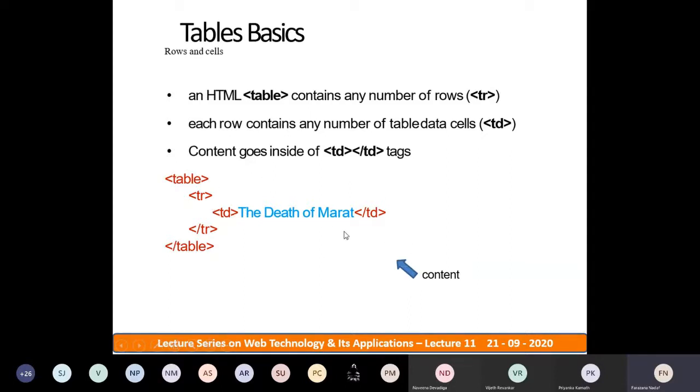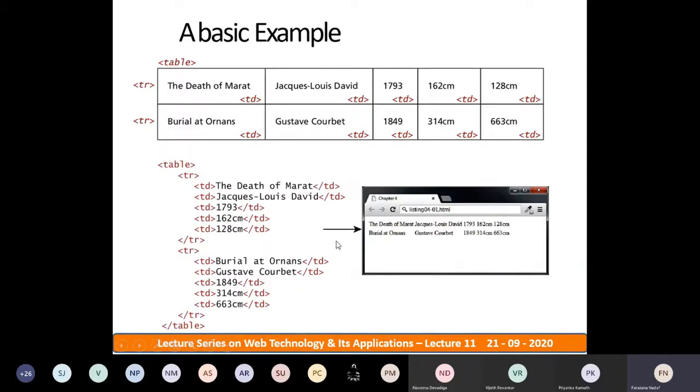Now we'll see different ways of displaying the table values, right? So this is an example with 5 columns and 2 rows. Just look at the table, how the table contents are added. So how many rows are there? There are 2 rows. This is the first row and the second row. Then how many columns? Just count the columns. This is the first column, second column, third column, fourth column, and fifth column, right? So that is a simple basic table example.